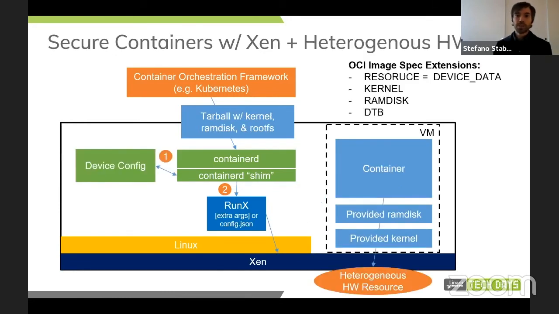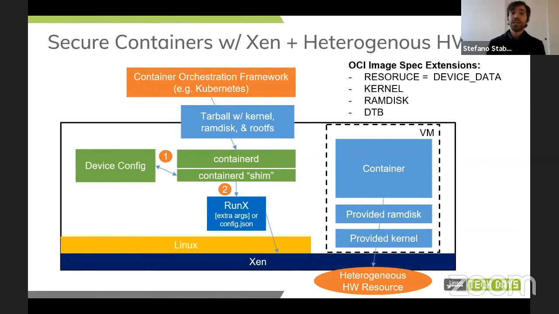Next slide. This now ties back exactly to what Wes described in detail earlier: you can still do the same thing with accelerators and hardware assignment to containers run with runX. Containers run with runX could be both of the kind that come with the kernel or of the kind where the kernel is provided by runX.